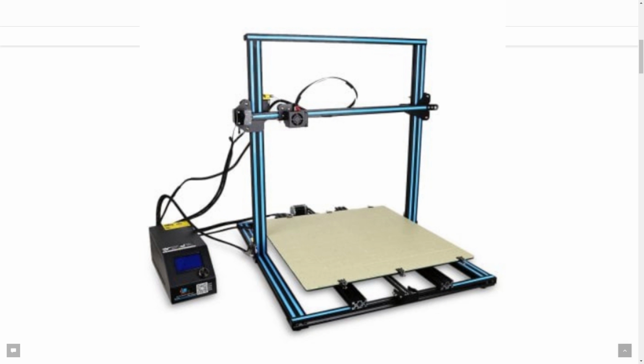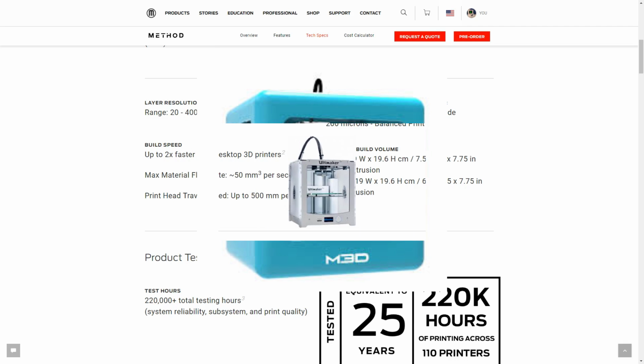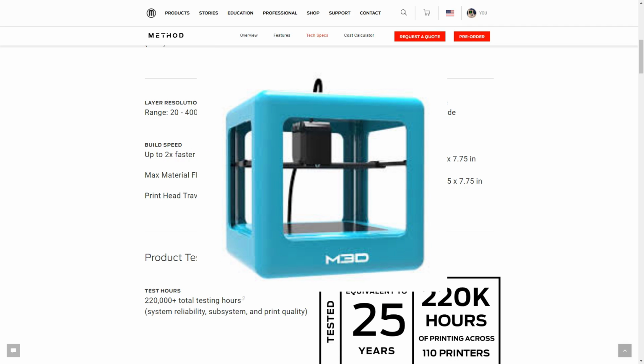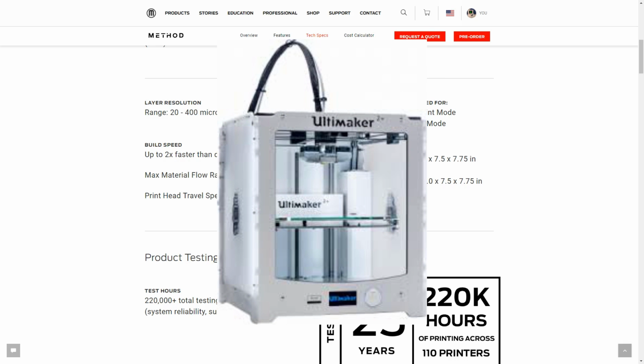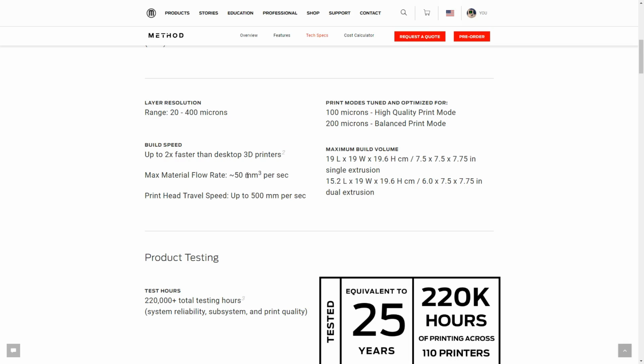That's not CR10 size. That's not even Ultimaker 2 size. It's bigger than a Mini. It's bigger than a lot of things, and it's almost as big as an Ultimaker, but it's not even as big as an Ultimaker. And maximum flow rate 50 millimeters per second cubed, and print head travel speed up to 500 millimeters per second. I will admit that's fast, but this build volume for